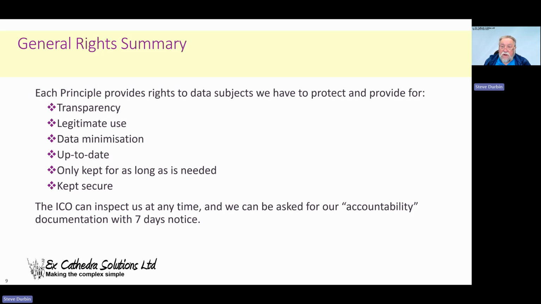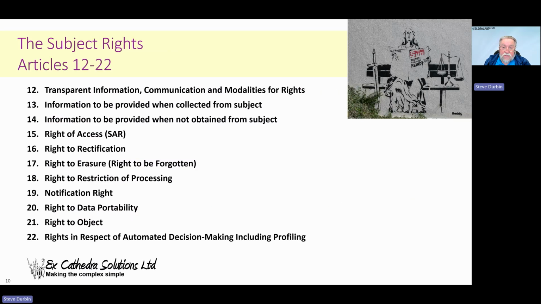So I'm going to move on to talking about the subject rights. There are 99 articles in the GDPR and 10 of them are about subject rights. So it's obviously quite important. So bear in mind, okay, that a large part of the legislation is devoted to the rights of the data subject. Now I'm going to go through each of these in turn. Okay, some of them are fairly straightforward. Some of them will take a little while, especially Article 15, which is probably the most challenging one for most organizations.